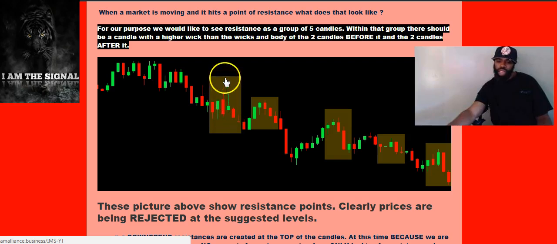And we want the middle candle to have a wick or a body higher than the 2 candles before and the 2 candles afterwards, right? So 5 candles: 1, 2, 3, 4, 5. This shows 6 candles, but here's the third one. This one wick is higher than the 2 wicks before it and the 2 wicks after it,